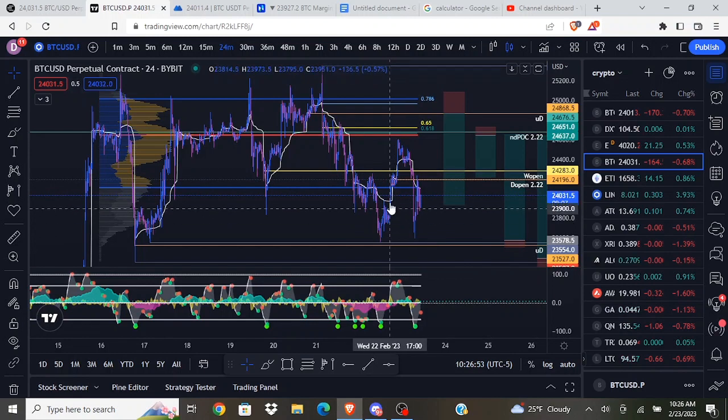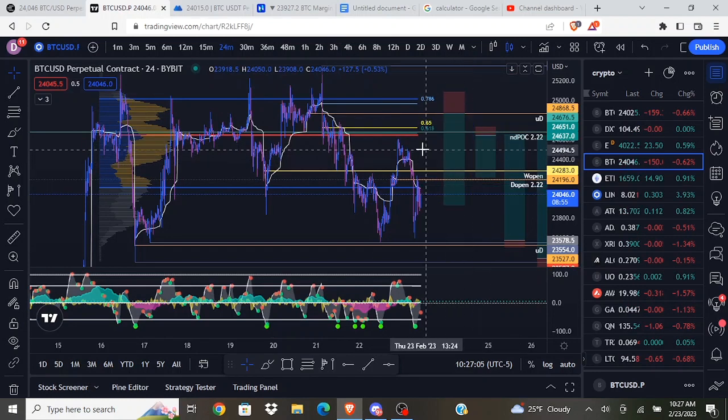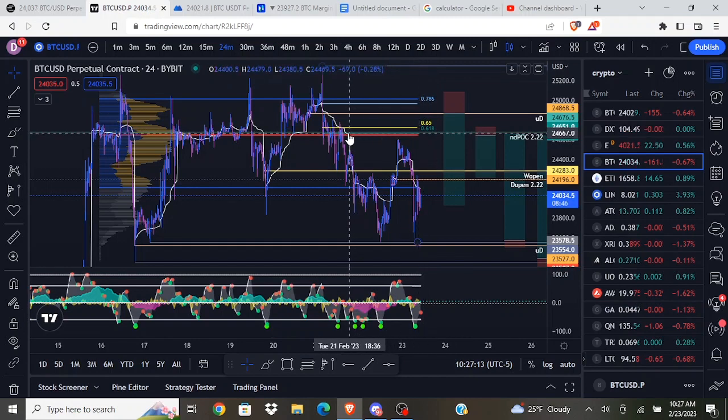this little pump, and I was basically looking at some resistance targets inside this range. You see over here, I have a few trade ideas I was looking at. One of them was a short from the point of control and the golden pocket. We had some other confluence there, like an NDPOC and a VWAP, and we ended up front running that level